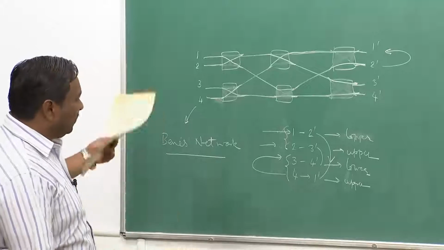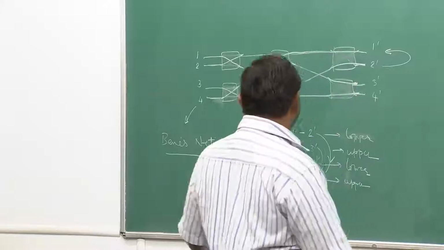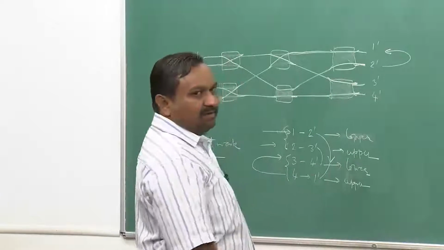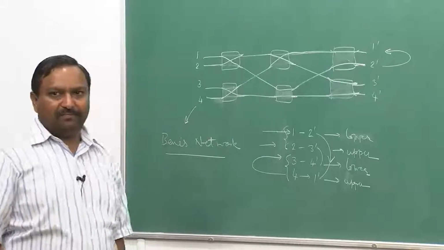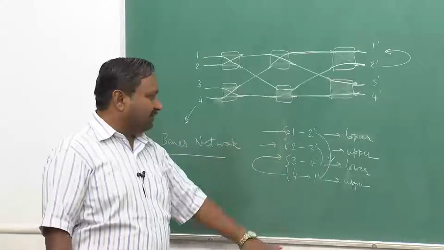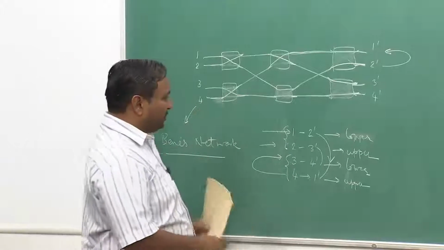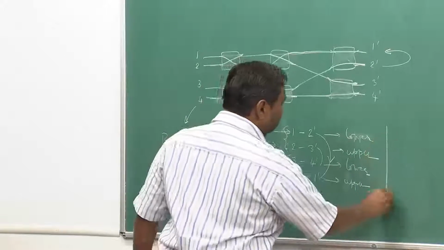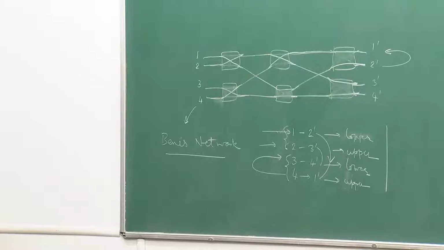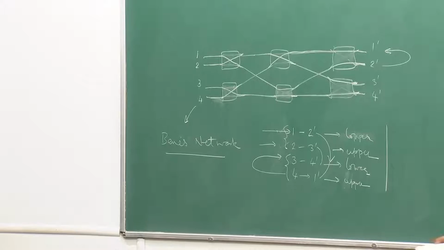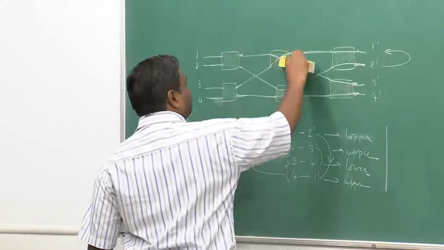I can actually now create an even larger dimensional switch. How to do that? I already have 4 by 4, and if I follow this algorithm I will be able to set up the path. Whatever the connection, whatever map you take, I will always be able to set up the path. We can try out some other arbitrary example also, to verify this.